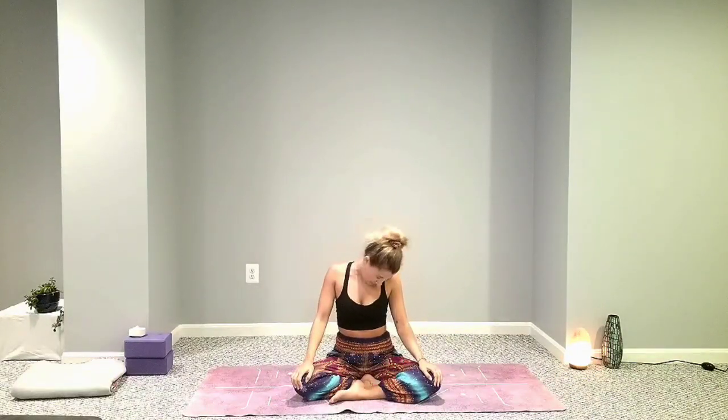So first we'll start by warming up the neck. We're going to do neck circles. So as if you're drawing a circle with your nose, inhale to lift your head up and exhale to drop it down and bring it back up on the inhale. So we'll do 5 of those in a clockwise circle, moving with your breath,